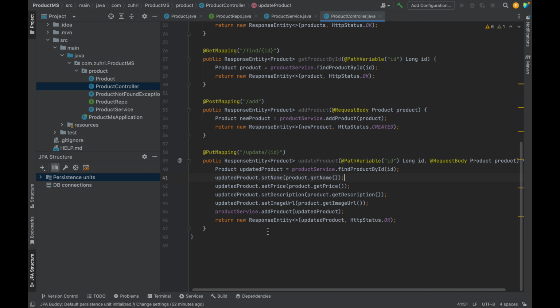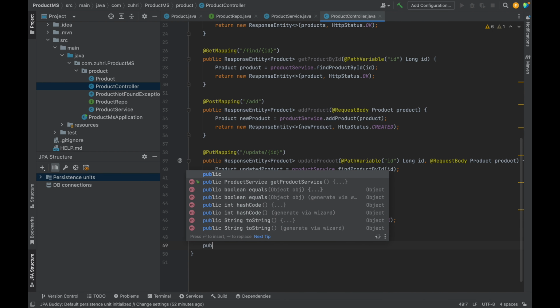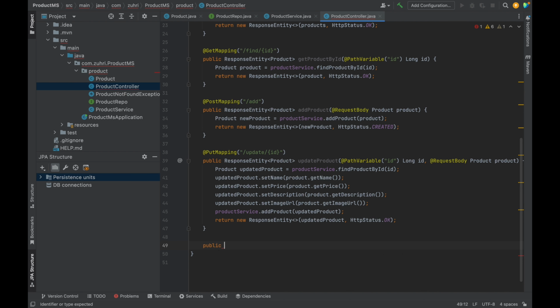Okay, and we're going to create the last method, which is the delete endpoint, and public, it will not return anything, which is the response entity, and something like this, and the delete, and we need to read from the path variable ID, and then long ID, type of ID. Okay, and inside we're just calling productService.delete, and then we just pass the ID,